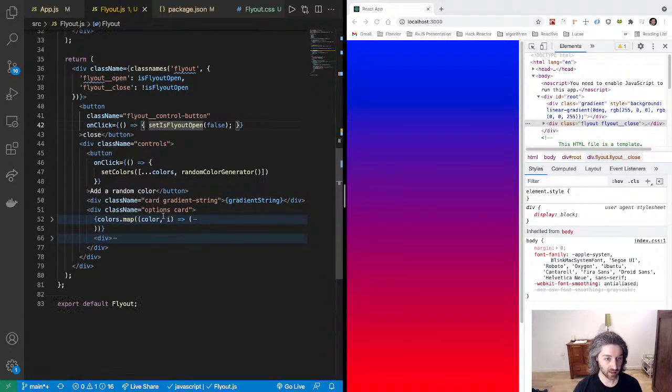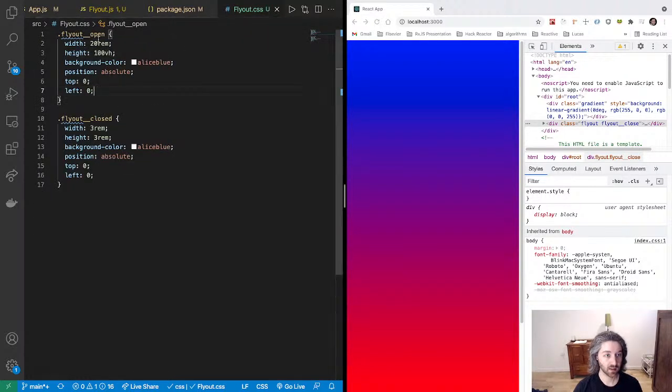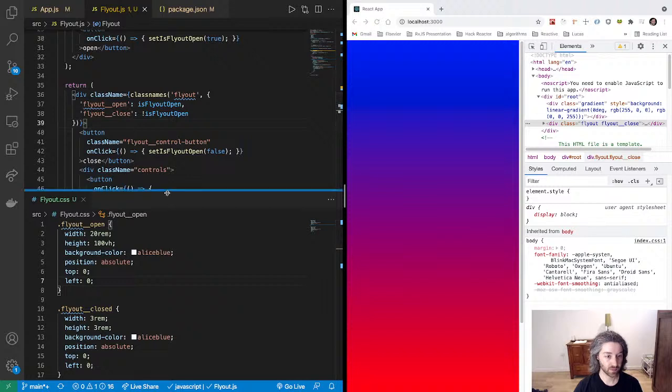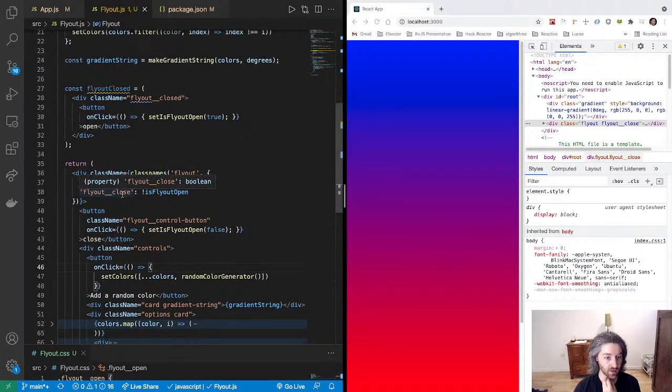And then flyOutControlButton is the, so we can see both of them at the same time. Okay, so we have a button, which is flyOutControlButton. onClick is,